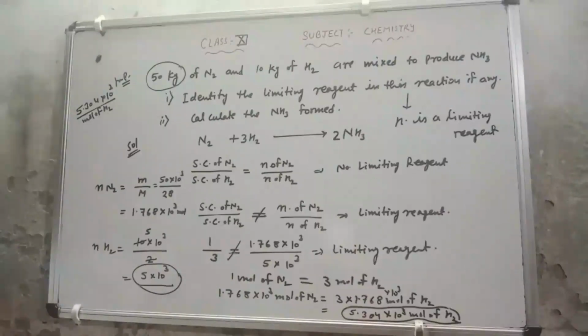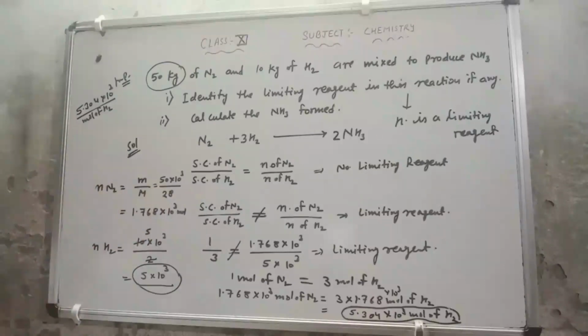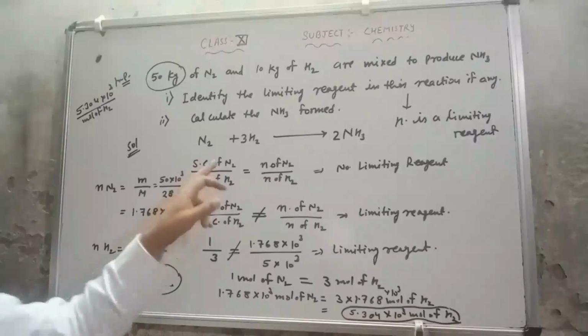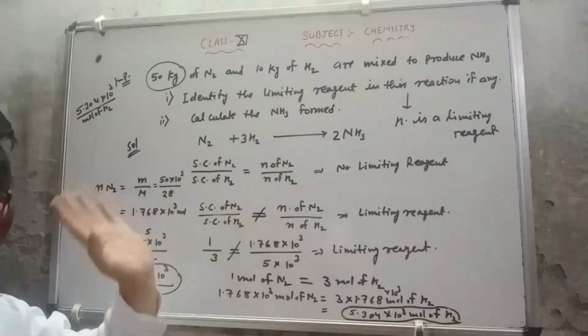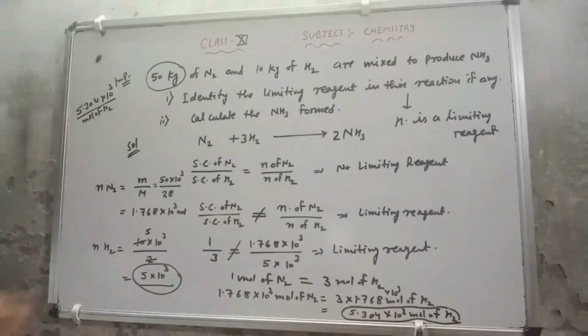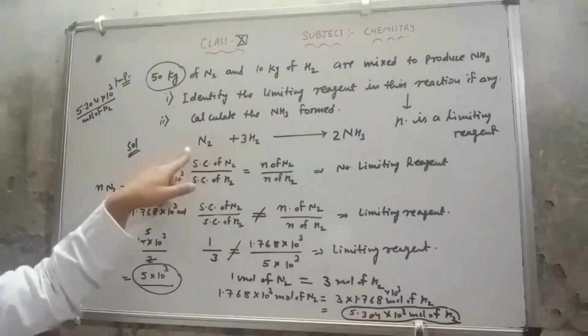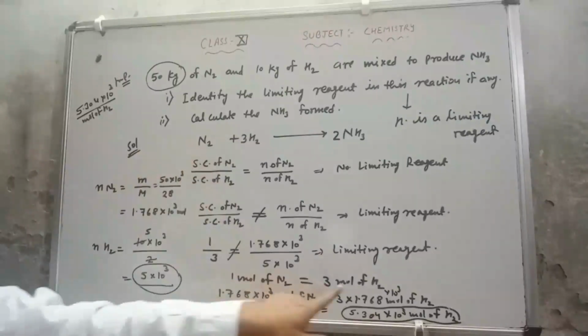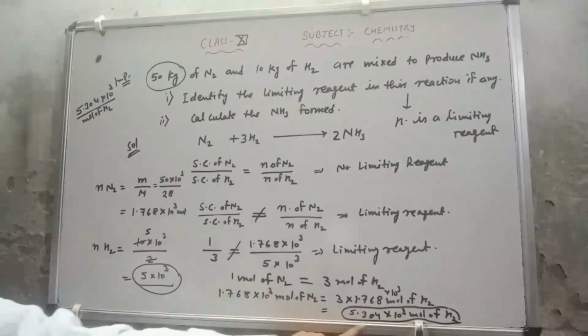If you want, then there is no need to go with this also. If you simply know that this is a limiting reagent question, then there is no need to find. But if you don't know, this is the simple trick I have told you, how to find out whether the reaction is of limiting reagent or not. So directly also you can go. Firstly you can find out the number of moles of N2, same number of moles of H2. Then compare with their original equation that 1 mole of N2 reacts with 3 mole of H2. So whatever number of mole of N2 we are getting, how much hydrogen will be needed, I have solved it this much.